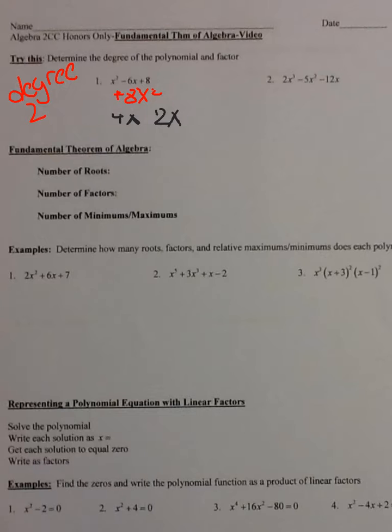And they will get the same signs. They're both going to be negative, and that's how I get my negative 6x and bring down the positive 8 at the end and the x squared at the front. And then we will factor by grouping. So the GCF of the first group would be x times x minus 4. And then the GCF of the second group would be negative 2 times x minus 4. So my factors are x minus 2